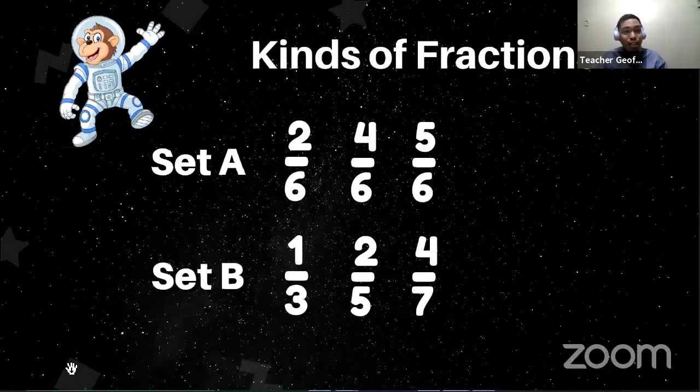Okay, we have somebody clapping again. Hello, Maria Leia. What can you notice in set A? In set A, sir, all the denominators are the same. Yes, that's right, Maria Leia. Thank you very much. We actually have the same denominators. And as you can see, we have what? It's 6 all throughout. We have 2 6, 4 6, and